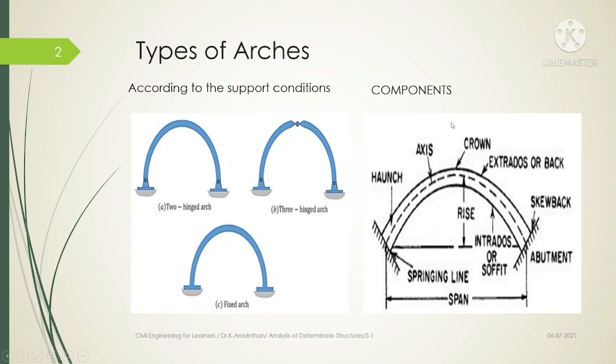So when you apply any load at the crown or at any place, what happens naturally, the arch tends to expand the support. When you increase the force in an arch, this support tries to expand. In order to reduce that expansion, this support offers a resistance at the support. So this resistance is called horizontal thrust. So at both the supports, you will be having a horizontal thrust, that is horizontal resistance.